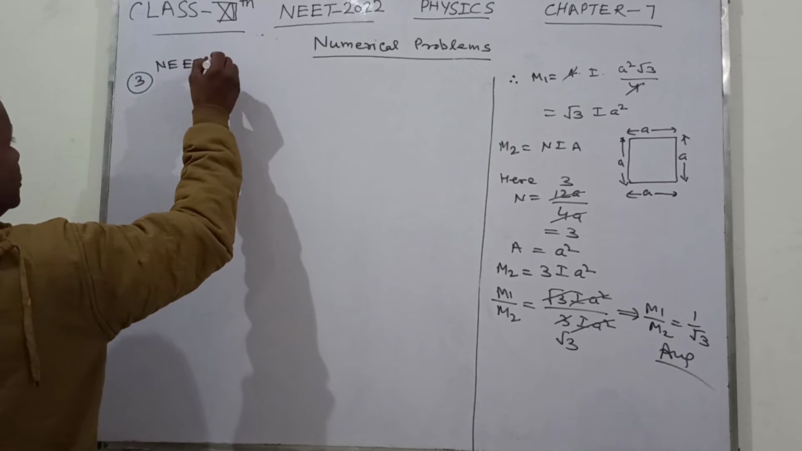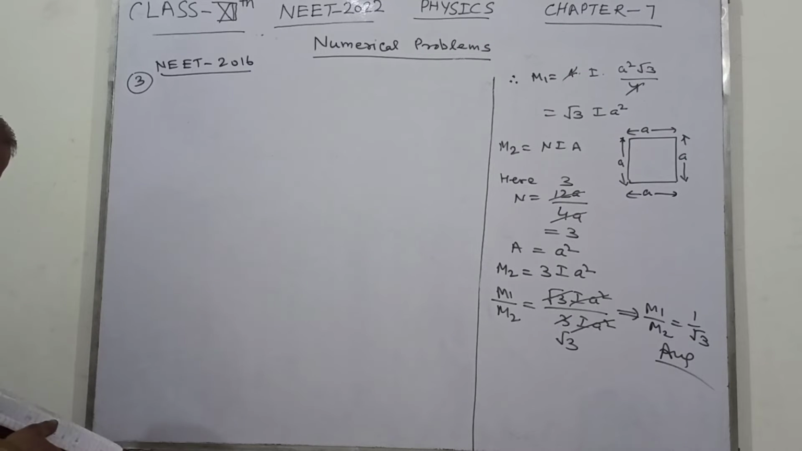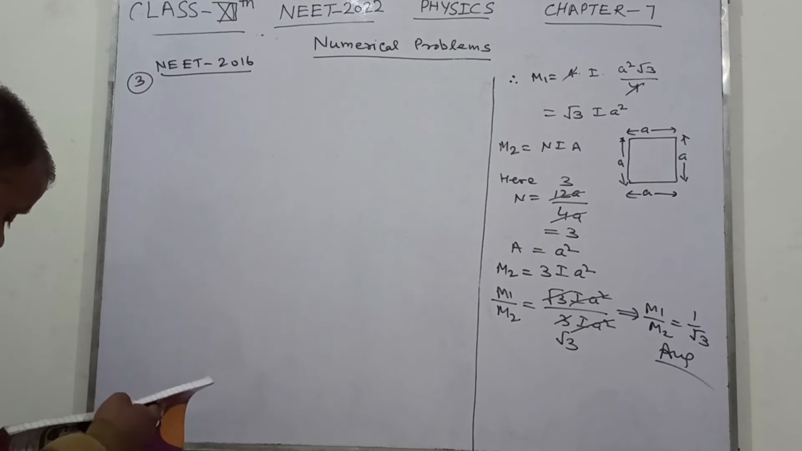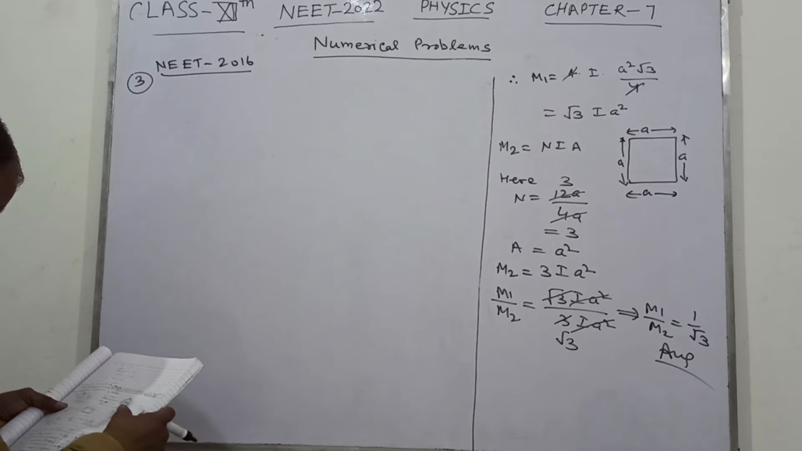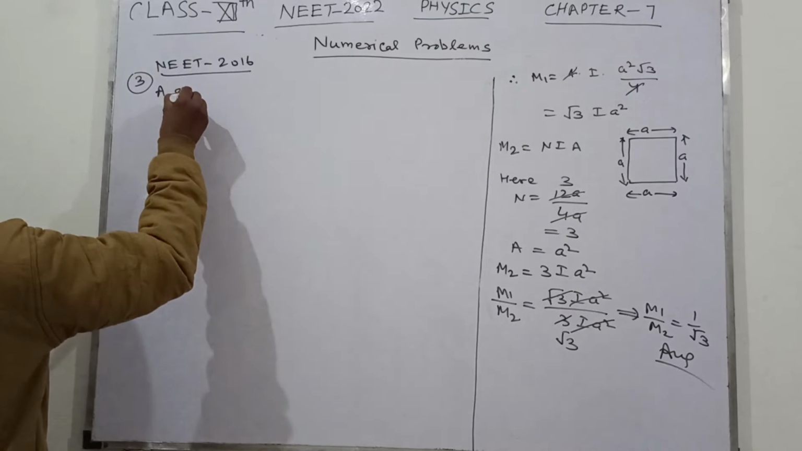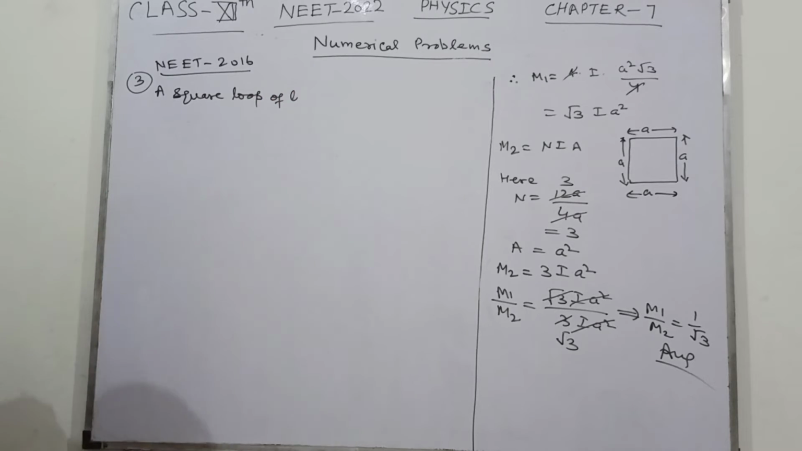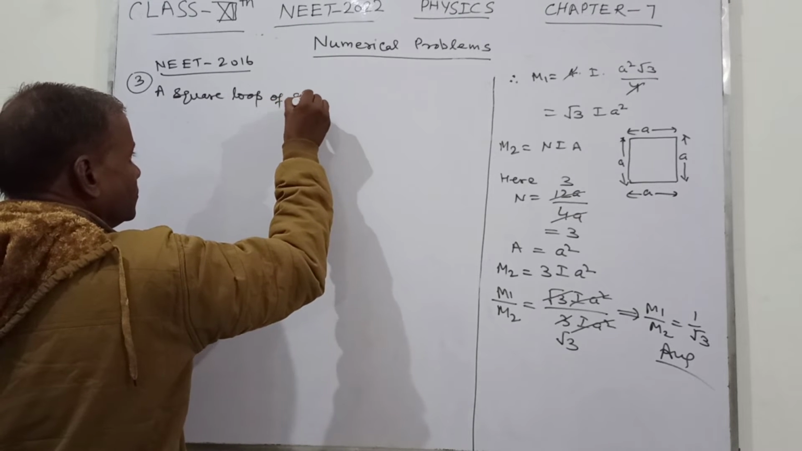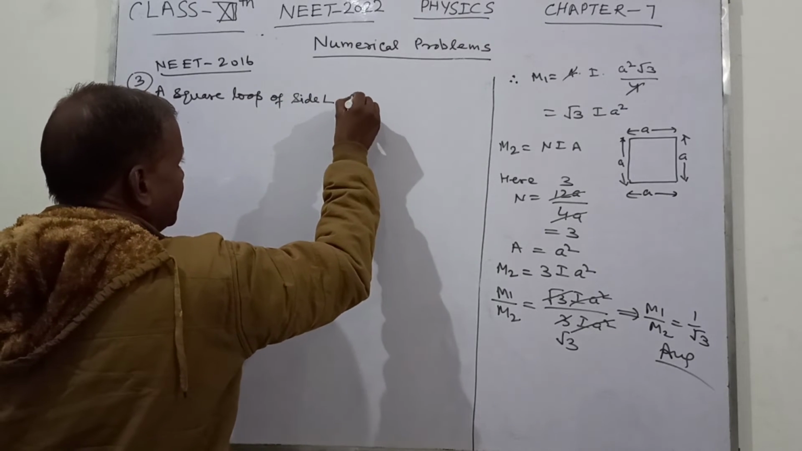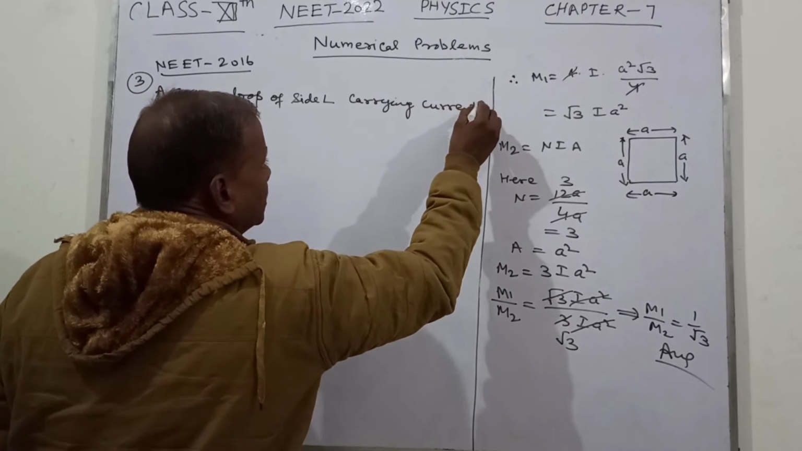This is NEET 2016. So now we take, here this is given: a square loop of side L carrying current I